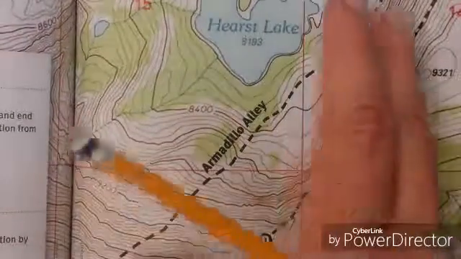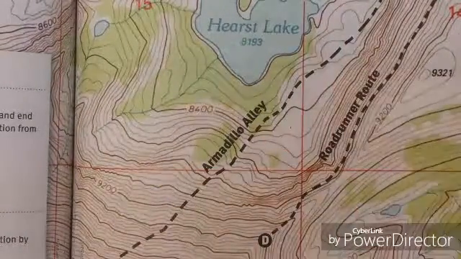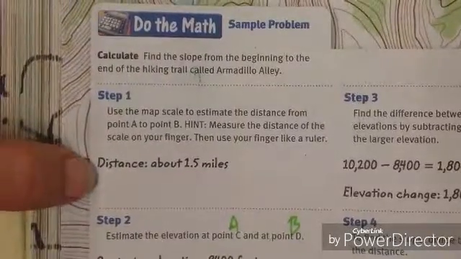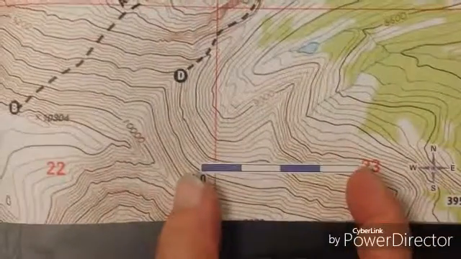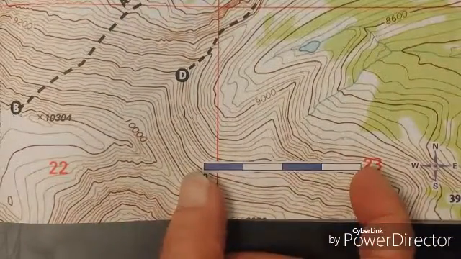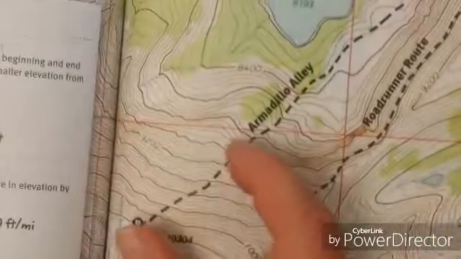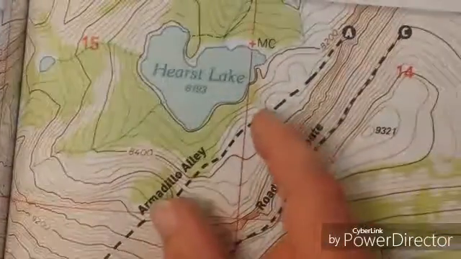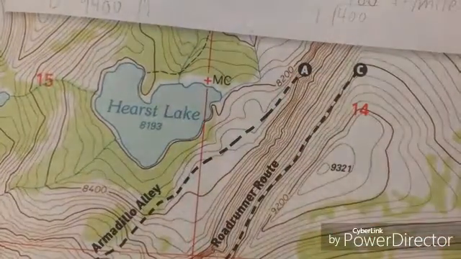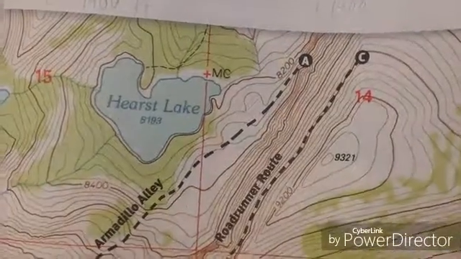So you had to find the distance of the trip you were going to take. Then you had to find the change in elevation. So they did that by just measuring with their finger. That point A to B was 1.5 miles. So we just do this. Actually, use your fingers. That's about half a mile. Take that same distance and just measure 1, 2, 3. It's an approximation. So it's about 3 times a half, which is